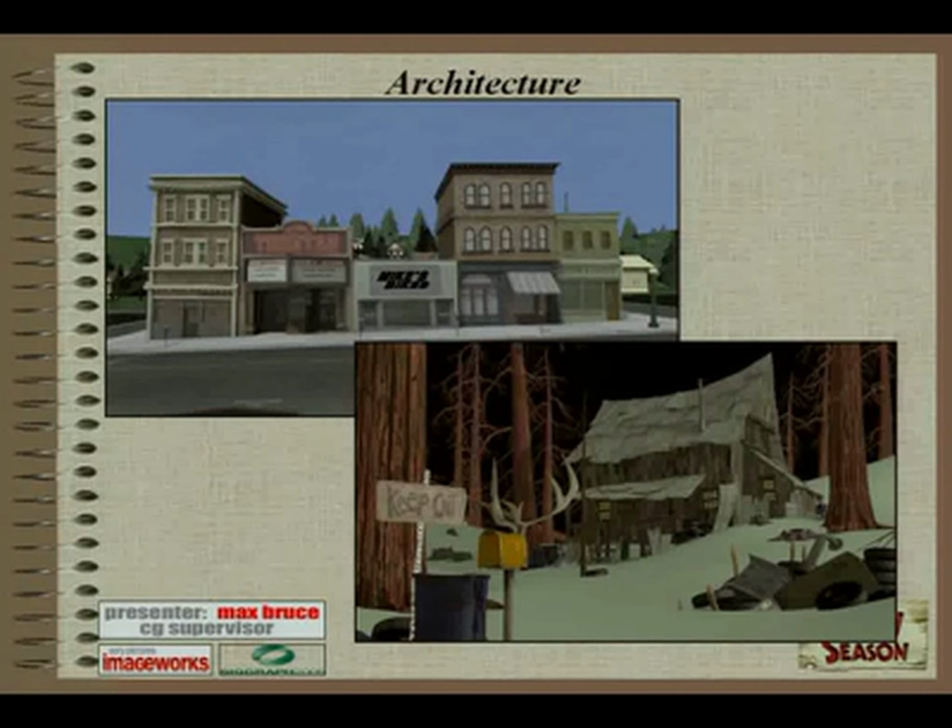Architecture. So there was a term we kept using on the movie a lot as far as getting the style down, and that was the wonky factor. A lot of the architecture geometry was intentionally modeled off-kilter, which I think was really important in establishing the whimsical